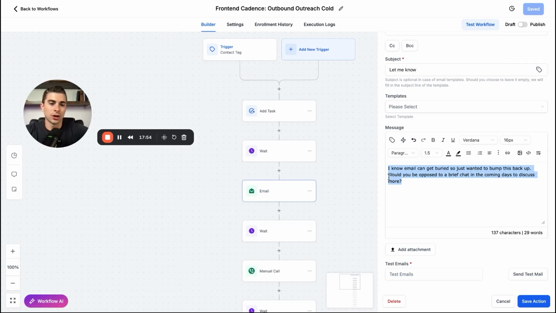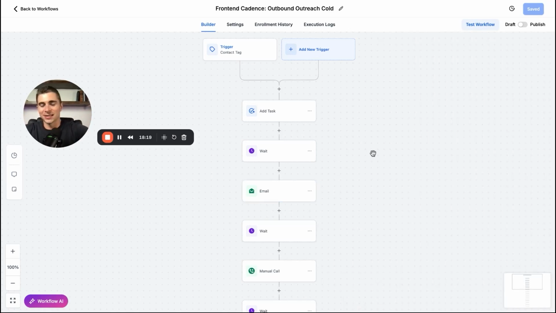And you'll see what I'm doing here. I'm actually using a bit of psychology. The way that I do my call to action at the end is I make a no a yes. So let me explain what this means. The psychology is people want to say no. That's always their first initial reaction. But you'll see the way that I word this, hey, would you be opposed to a brief chat in the coming days to discuss more? No, I wouldn't, right? It's like the no is the yes. And so again, does it make a huge difference? Maybe it does, maybe it doesn't. But these small psychological tricks that I've studied for years, they've helped me out.